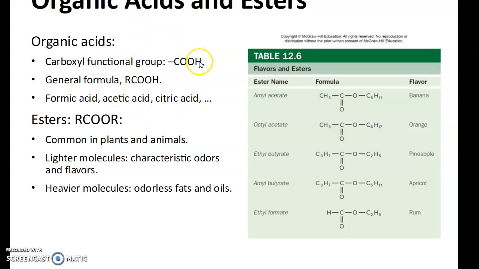If instead of this hydrogen you replace it with another carbon attached to it, it can be an acetate right here, like this one. So this is an amyl acetate. This is an amyl group right here. This is acetic acid with an amyl group over here, C5H11. This is an octyl group here, and this one right here has a banana flavor. This has an orange flavor. This has a pineapple flavor. So the flavorings that you get when it's artificially